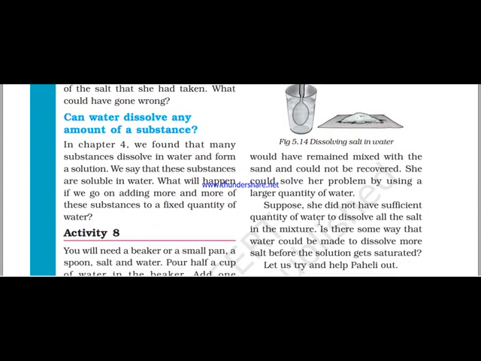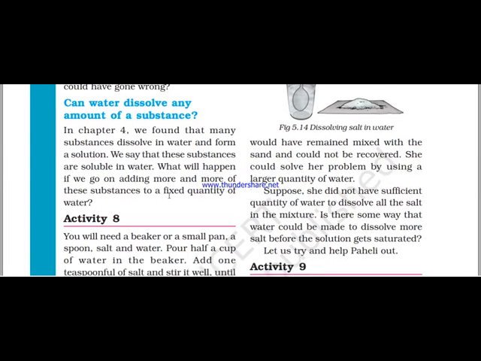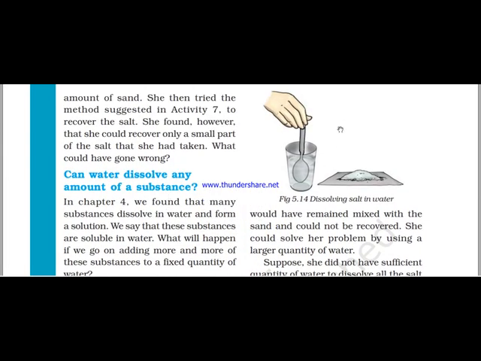Now we will see how much amount can be dissolved in water. Okay. Suppose we are having 1 glass of water and we are dissolving some salt in it. We have added 1 spoon of salt, it will get dissolved. We add 2 spoons, it will also dissolve. We add 3 spoons, it will also dissolve.